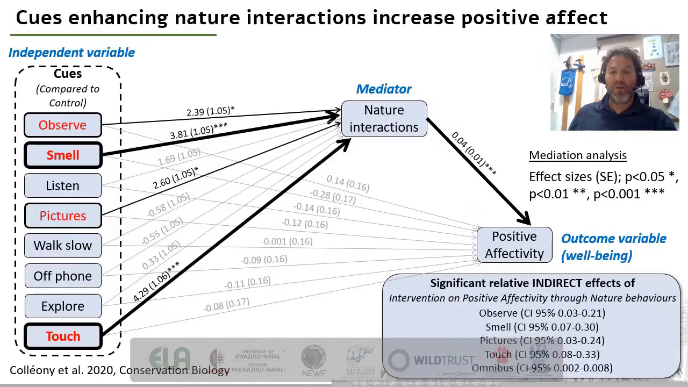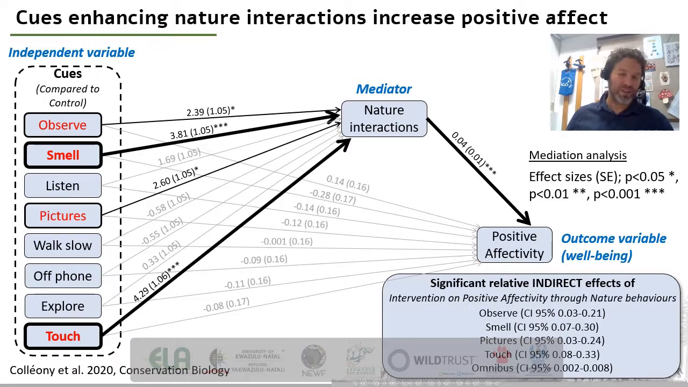Now, when you look at it all together, again, we see the same results. So touch and smell have a very strong effect on the overall variable of nature interaction during the 30 minute walk, and to a lesser extent observe and picture. This is a mediation analysis, and the solid line represents significant effects. But we also find that nature interaction is the mediator for positive affectivity. So those people who smelled and touched nature did more interactions and felt better after the walk. So it was actually a positive impact not only on their interaction but also on their well-being during the 30